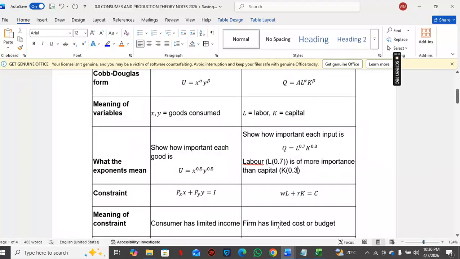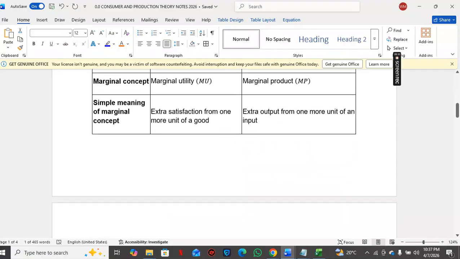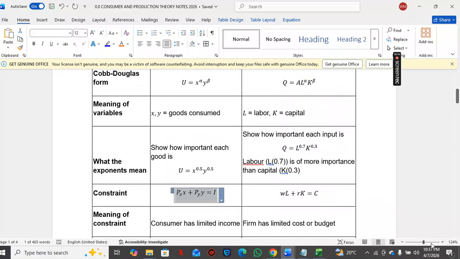All right. Next, the constraints. A constraint is just something that limits you. So here, with consumer theory, we have the budget constraint. All right. The budget constraint, remember,